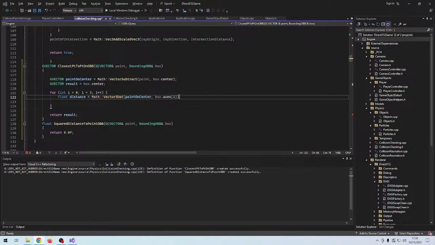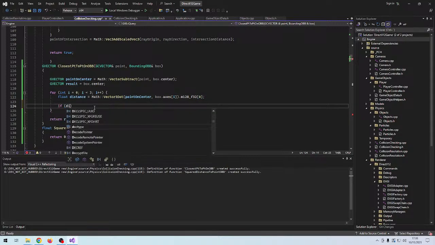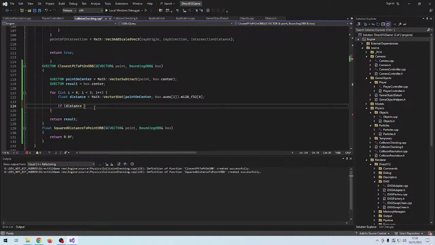We of course need to grab the data from it. There we go. If the distance is larger than the box half width on that axis,